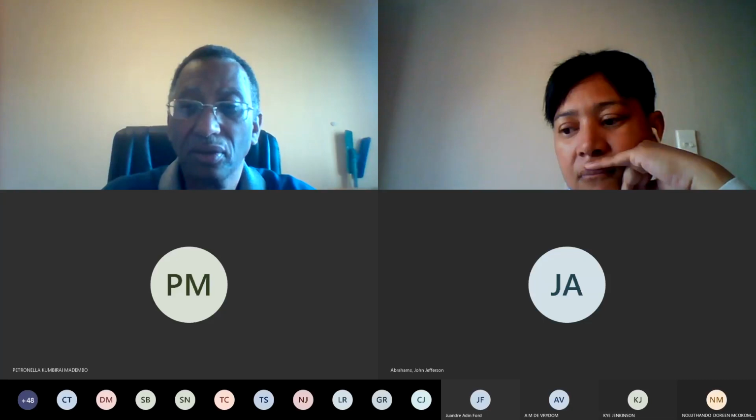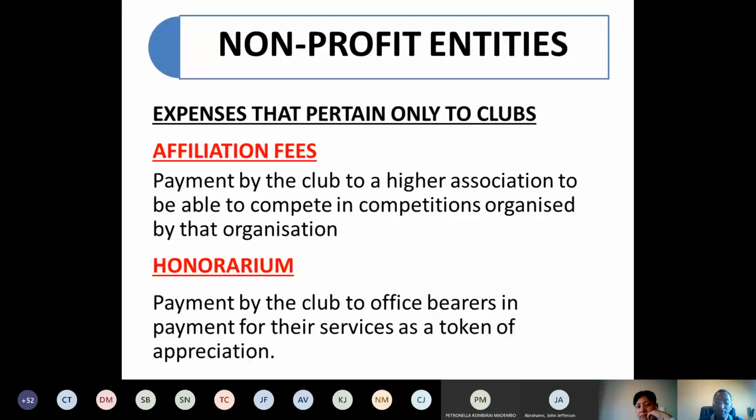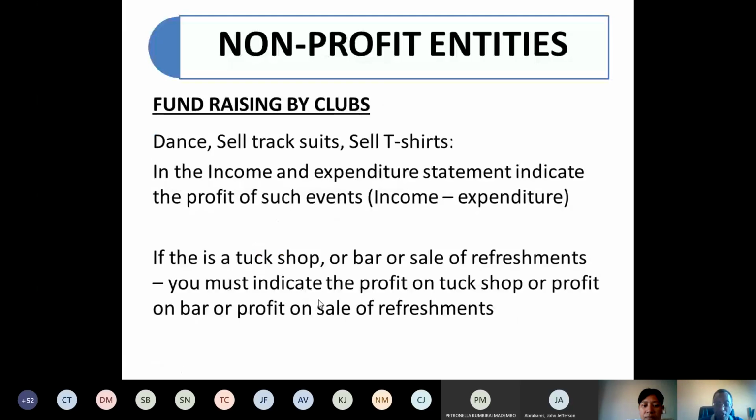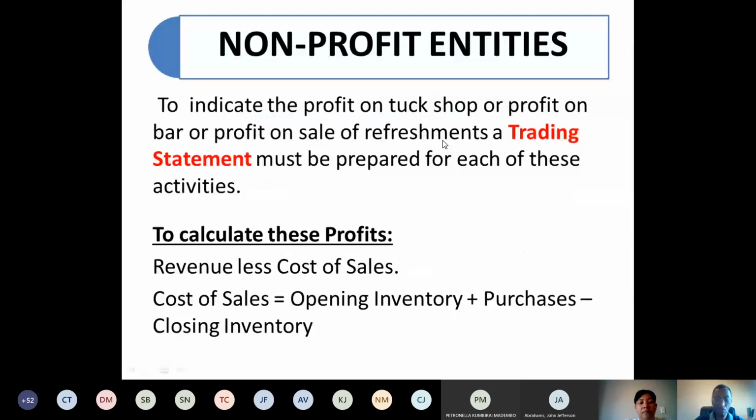So just, guys, to summarize quickly what we are doing now, I'm going through some of the expenses and the income that you will only get with a club. Some of the expenses that you will get only with clubs are affiliation fee, and you also get a honorarium. Now, guys, the next item that we must talk about is,